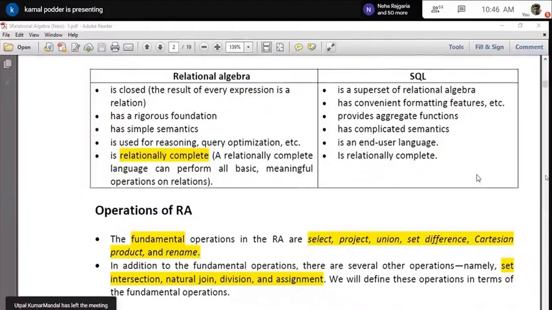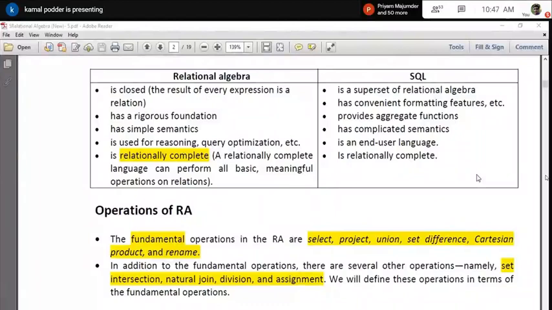But in SQL they are increasing day by day. They are adding a lot of keywords for new features. But ultimately that will be converted to a relational algebra expression. So in that sense, we can say SQL is a superset of relational algebra.